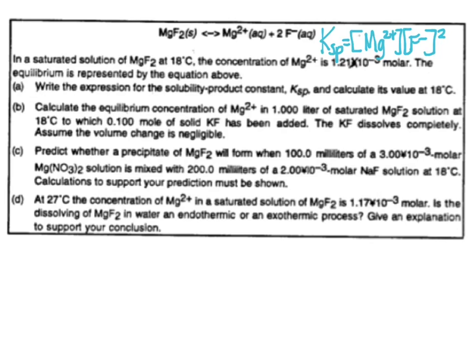And then calculate the Ksp from this. So we're going to go ahead and do our ICE table. So MgF2 breaks down into Mg2 plus and 2F minus. Our initial concentration, so solid is out, initial concentration is 0 of everything. Our change is going to be plus x, plus 2x. And at equilibrium,